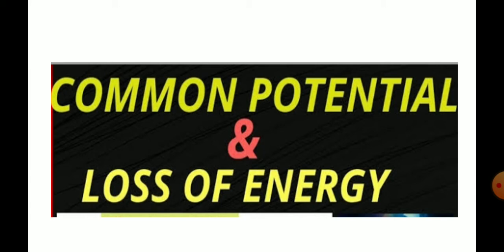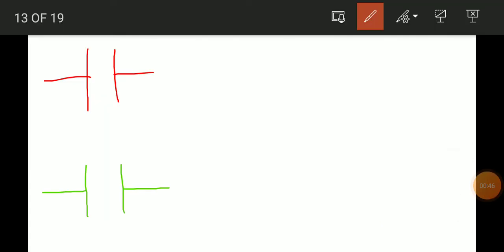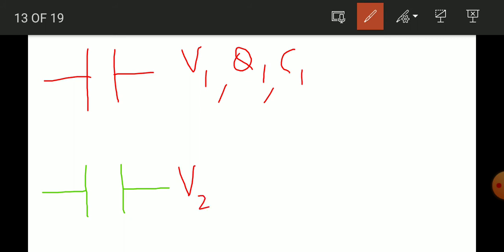First we will try to understand these two terms, and then we will see a few examples based on these two topics. So let us begin with the common potential. Now suppose that you are having two capacitors. Capacitor 1 having voltage V1 on it, its charge is Q1 and capacitance is C1. These are the three factors we are aware of regarding a capacitor. Now there is one more capacitor, charged up to V2, having charge Q2 on it, and its capacitance is C2.